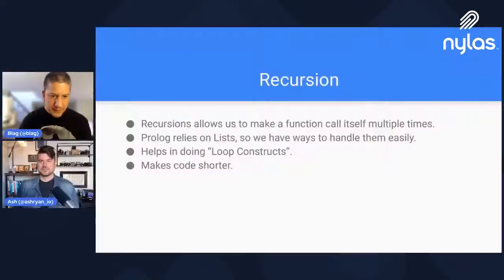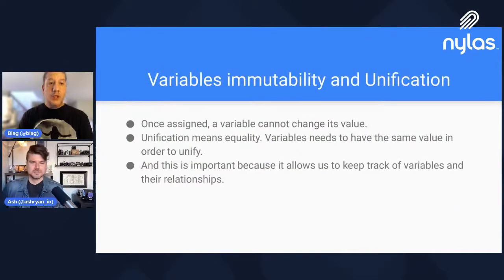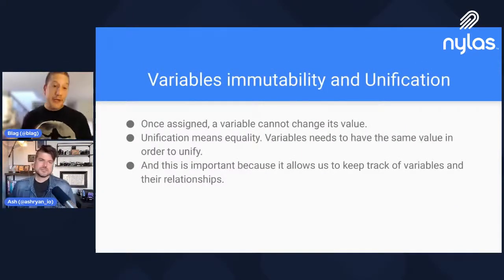So also, variables are immutable, just like in functional programming. Once a value is assigned, we cannot change it, but we also have unification. Unification means equality. A variable needs to have the same value in order to be unified. This is kind of weird, but it's important because it allows us to keep track of